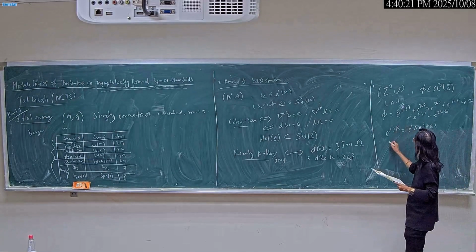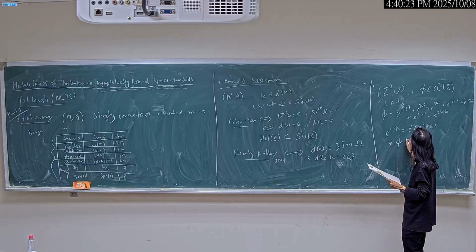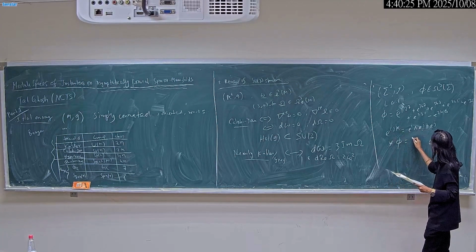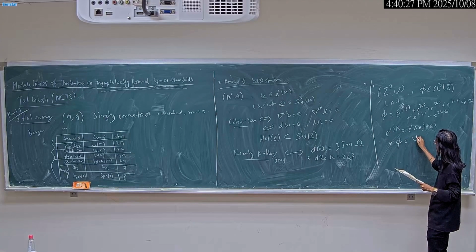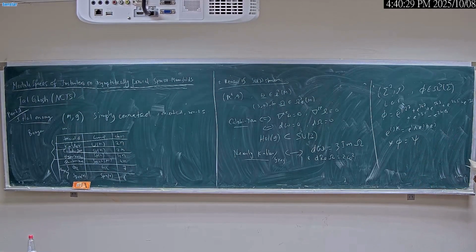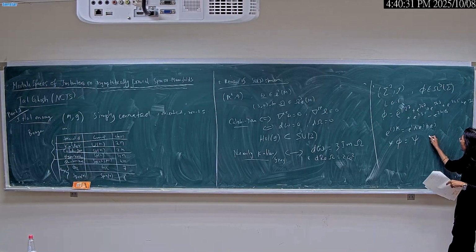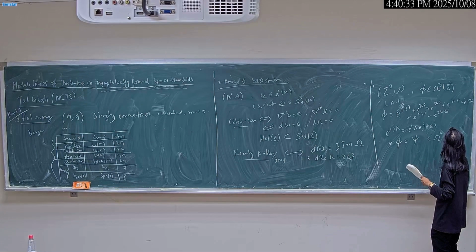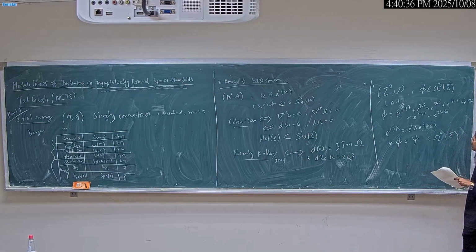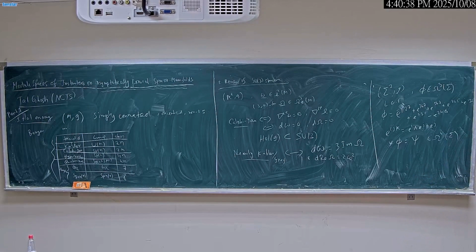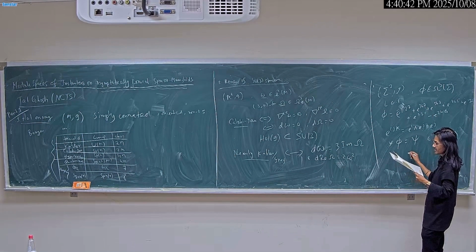I also have a 4 form by taking the Hodge star, which I'm gonna denote by psi. That's a 4 form. The dimension is 7. Now the definition is, I'll call this manifold sigma 7